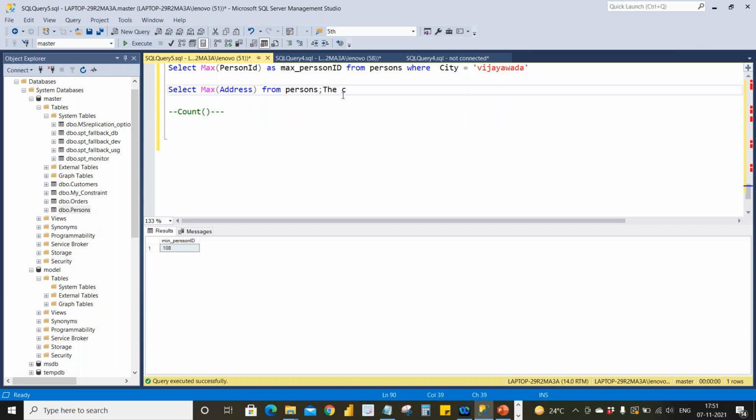So count is a function, and it returns the number of